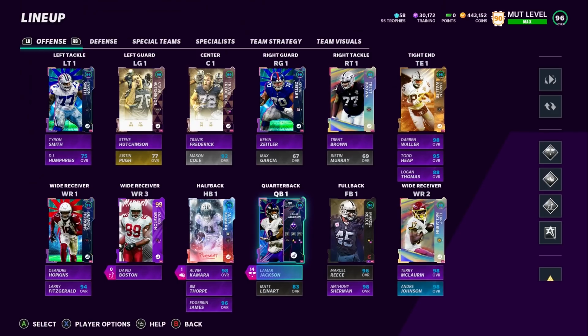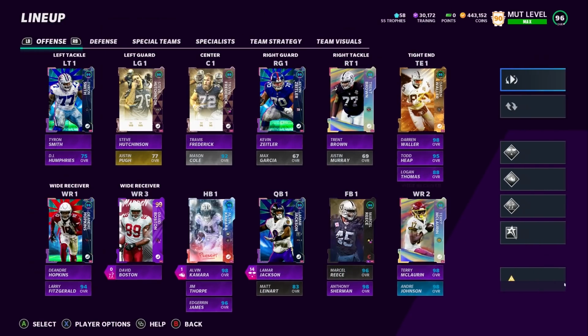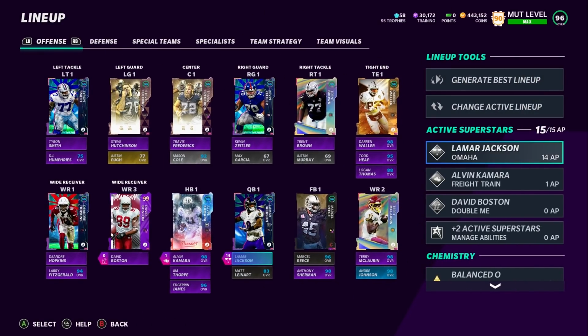But QB Playmaker was 7, Gunslinger was 3, so that's 10. Roaming was 1, and that left me with 1 more AP left, so I went with Backfield Master. And today, this same setup is 15 AP, 15 out of 15. They add 3 AP, but they change QB Playmaker plus 3, so I'm actually not able